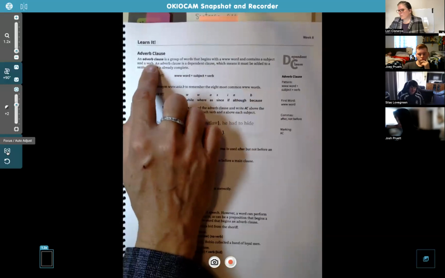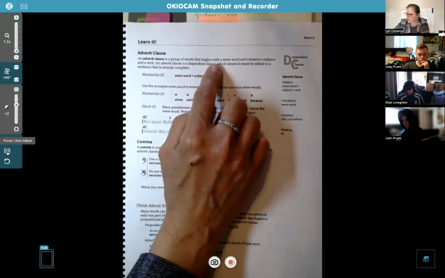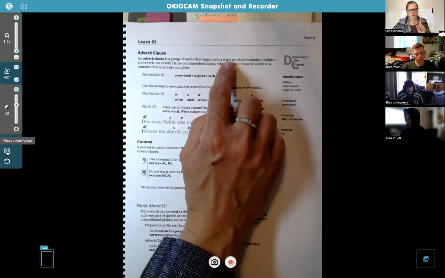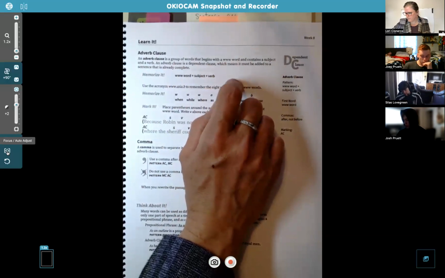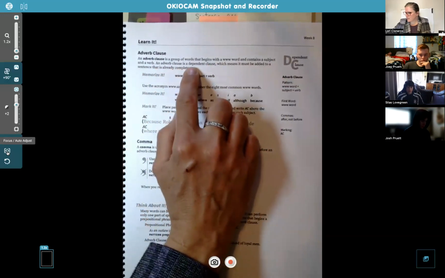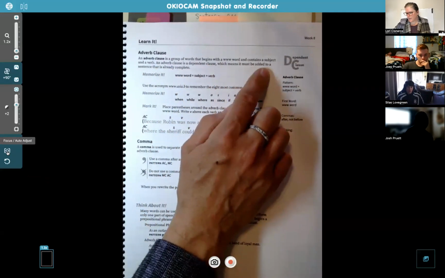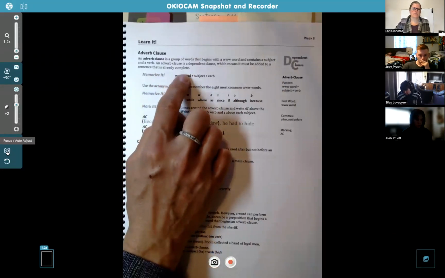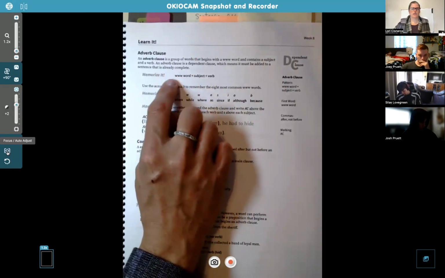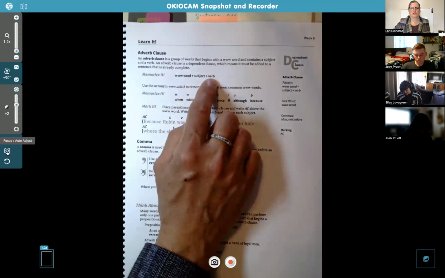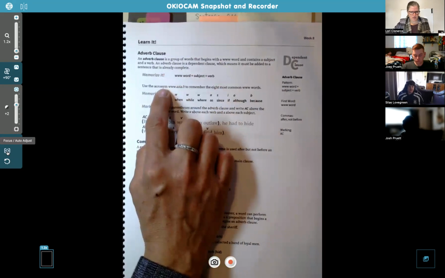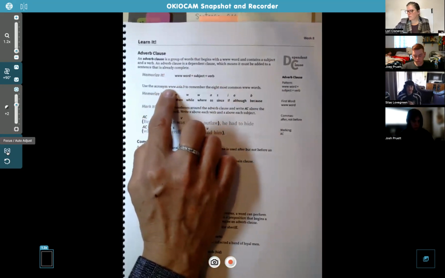So an adverb clause is a group of words that begins with a WWW word. And hold on, I know that's confusing, but I'll explain this. This is unique to this program. And it contains a subject and a verb. An adverb clause is a dependent clause, which means it must be added to a sentence that is already complete. And this is what the clause has: a WWW word plus a subject plus a verb. And then there's the acronym. This is why it says WWW. It's an acronym,